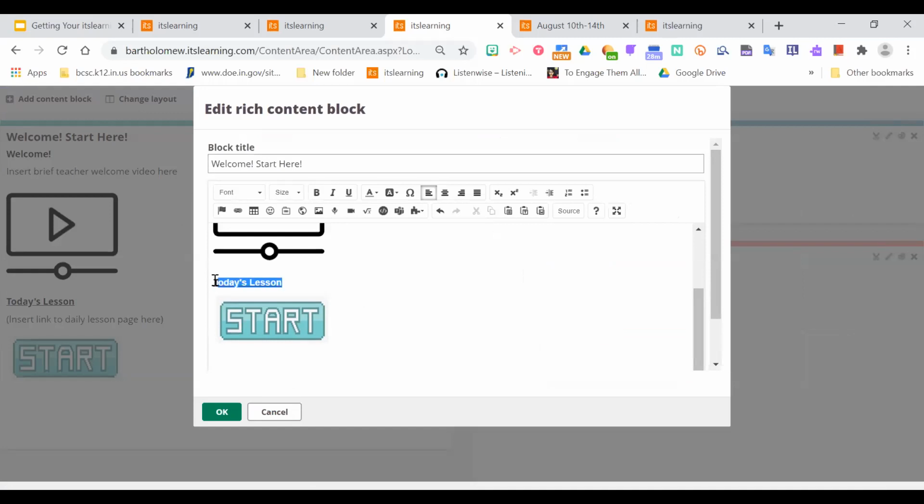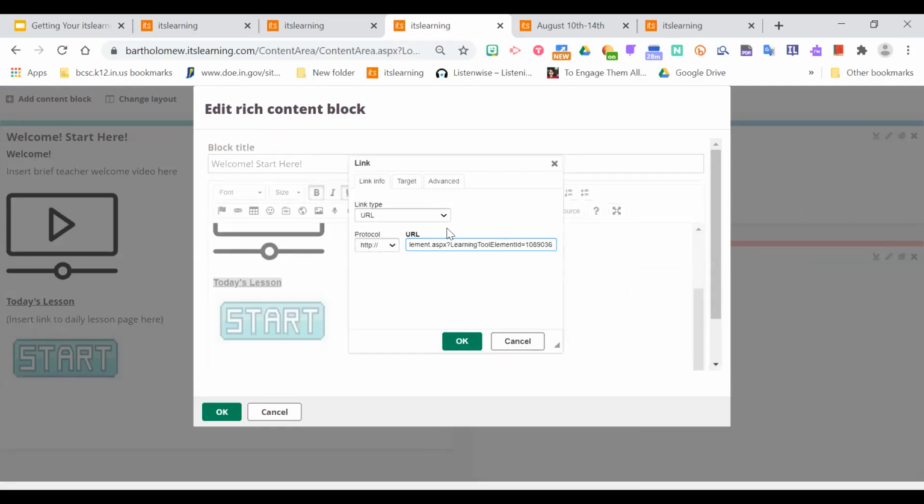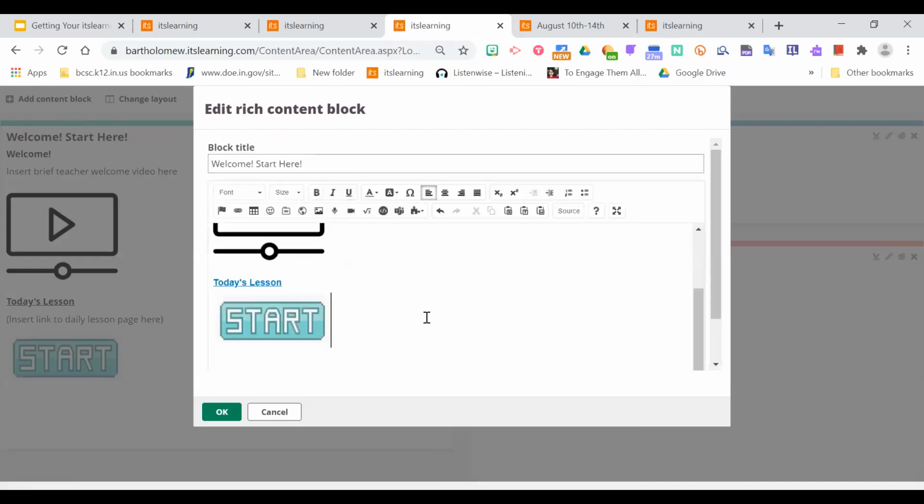I'm going to make where it says today's lesson the link. So I'm going to highlight that and select it. Link button. Paste in that URL that we copied. Click OK. And if I want to make this start picture, this is a picture that's just pasted into your